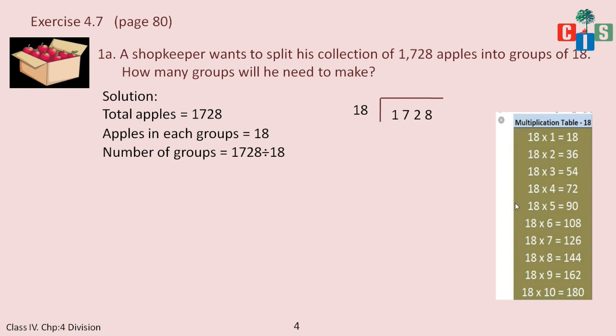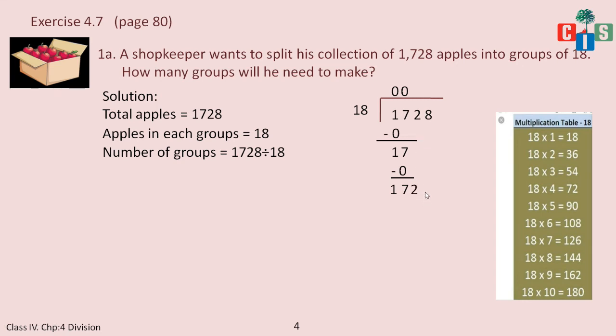Okay, you know the tricks of making the table above 11, no? Yes. So the first digit is 1 here in the thousands place, and 1 is smaller than 18. So 18 times 0 will give us 0, and 1 minus 0 is 1, and 7 will be carried down. Okay, now we have 17. But again, this 17 is smaller than the divisor, that is 18. So 18 times 0 is 0. Fine. And 17 minus 0 will give us 17. And then the 2 will be brought down.